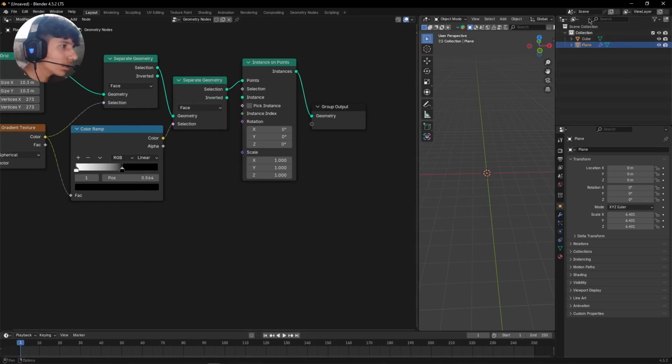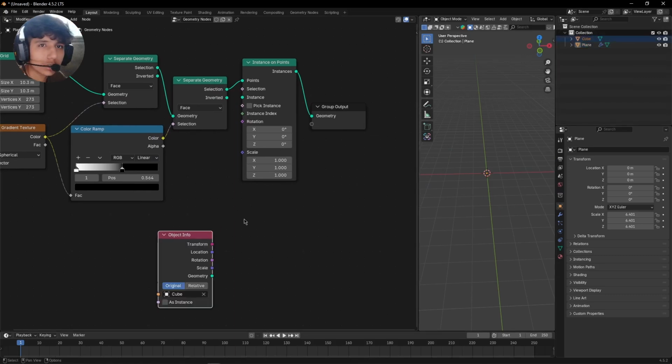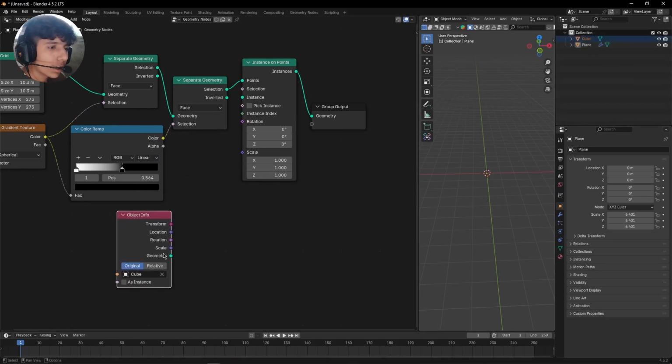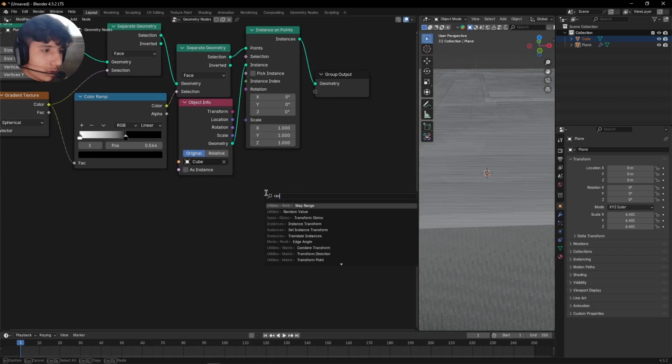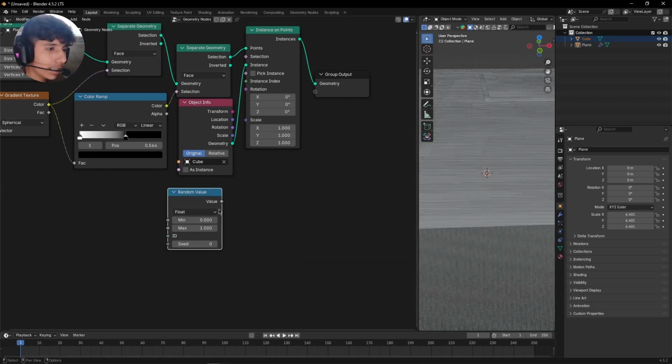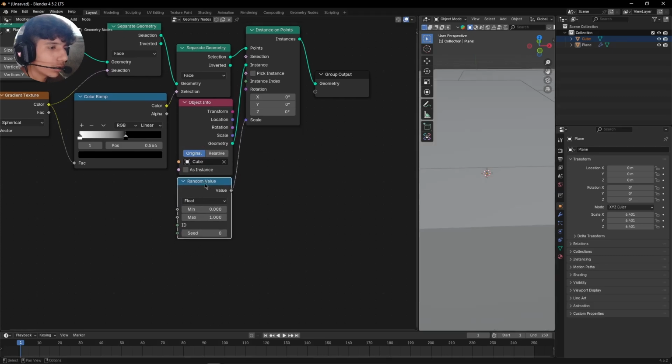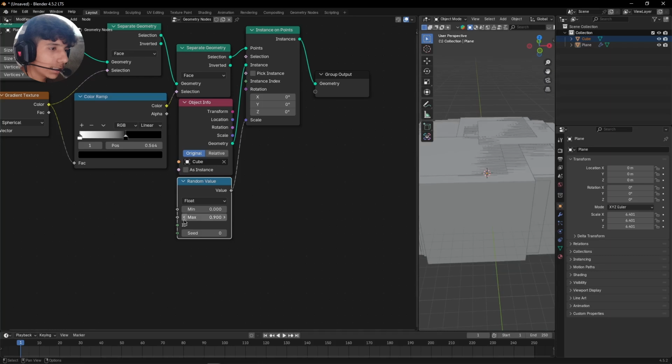Then come here to this outliner and drag and drop the cube into this geometry node tree. Plug the geometry into instance, then add a random value node and plug it into this scale section of our instance on points node. Now just decrease the maximum value